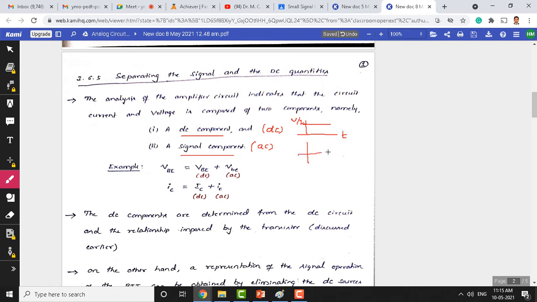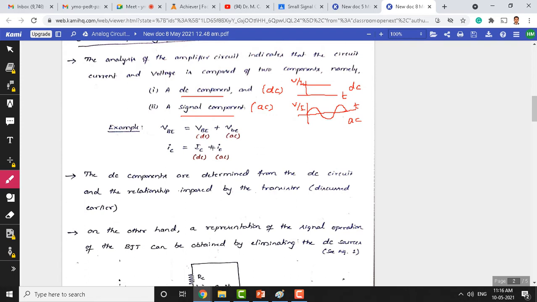A signal which varies with reference to time, again, it may be the voltage or current, is called an AC signal here. So this is a DC and this is an AC. Usually the AC signal is a varying signal with reference to time, and it keeps changing every moment. The best example is sinusoidal, which is an AC signal, and in fact even cosine also. So in an amplifier, to maintain constant bias, we need to apply a DC signal, and our AC signal that needs amplification will resemble a sine waveform like this.